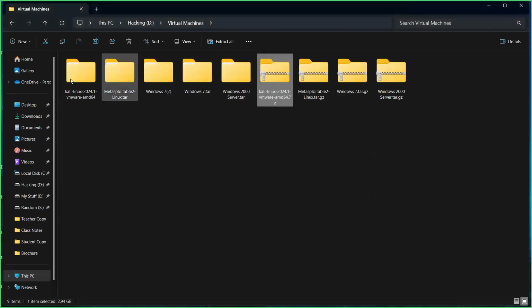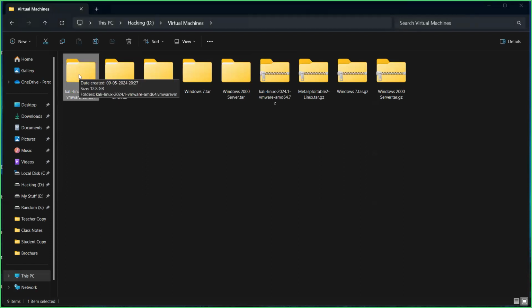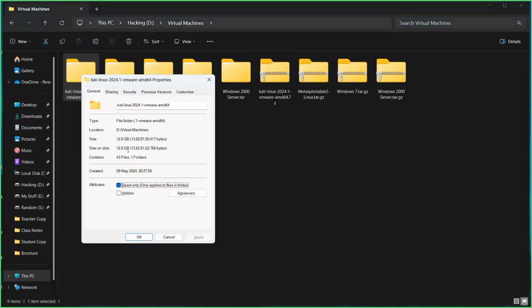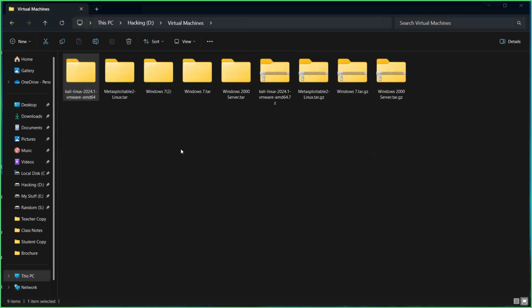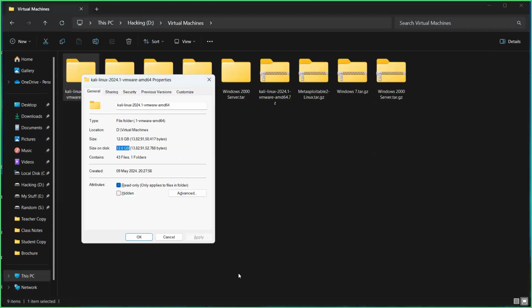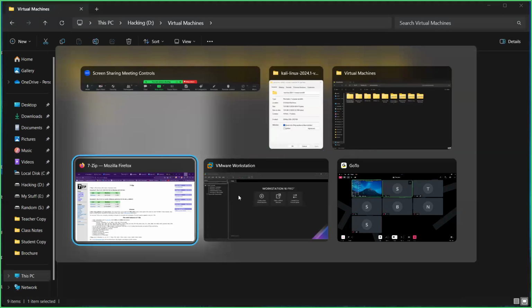And once extracted, you would have a folder with the same name here. And after extraction, the size for this file will go up to 12.8 gigabytes. So again, if you have low storage, guys, we are already downloading content of around 20 GB. If you have just 20 GB, it might not be sufficient for the installation. At least for beginning classes, have at least 40 gigs of storage. Okay, so that might cause no issues with the installation.